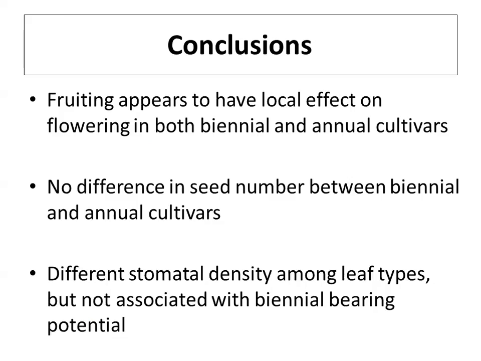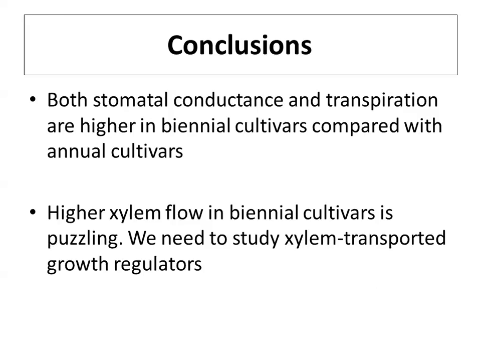So in conclusion, fruiting appears to have a local effect on flowering in both biennial and the annual cultivars. No difference in seed number between biennial and the annual cultivars. Different stomatal density among leaf types, but not associated with biennial bearing potential. So fruiting will have an effect, but not because of the seed. Different stomatal density among cultivars, but not because of bienniality. The most important part here is that both stomatal conductance and transpiration are higher in biennial cultivars compared with annual cultivars, which is surprising. We think that higher xylem flow in biennial cultivars is puzzling, and we need to study